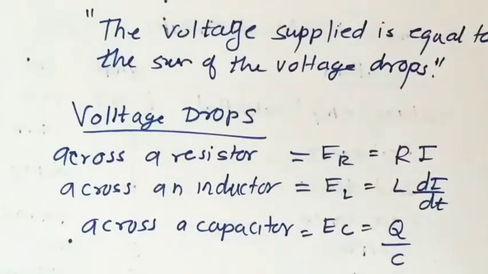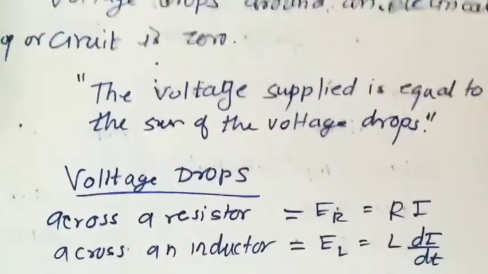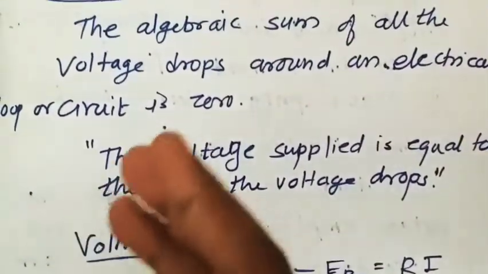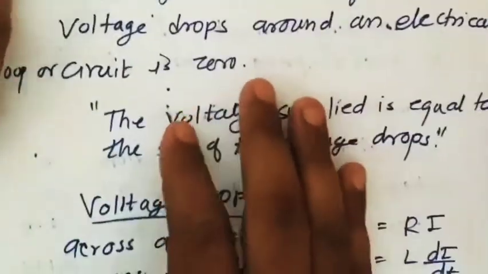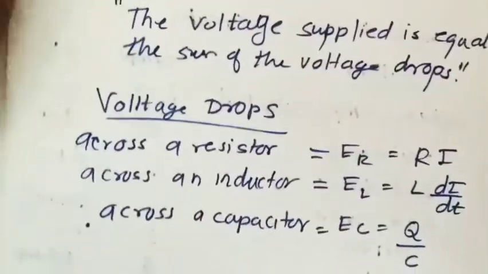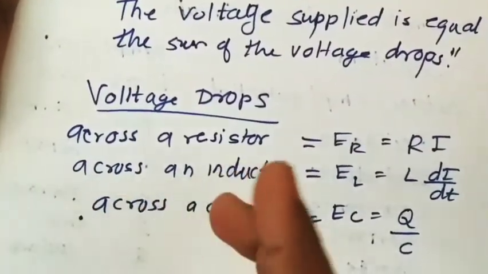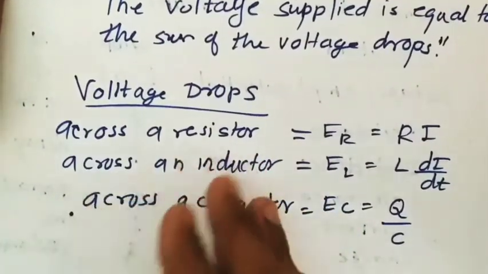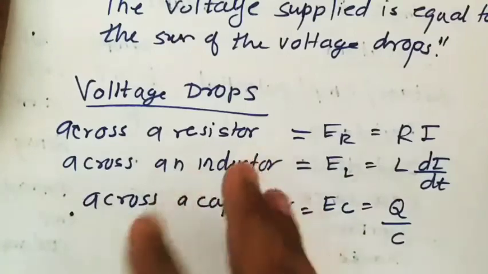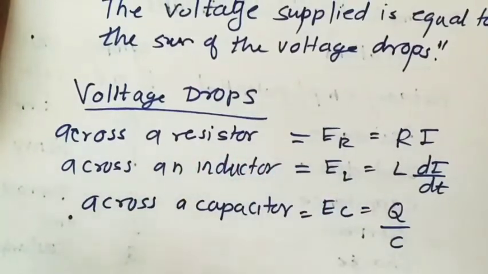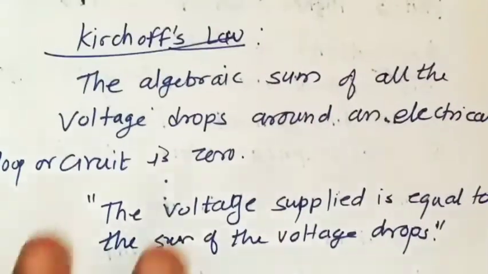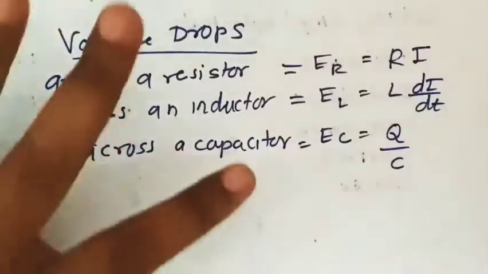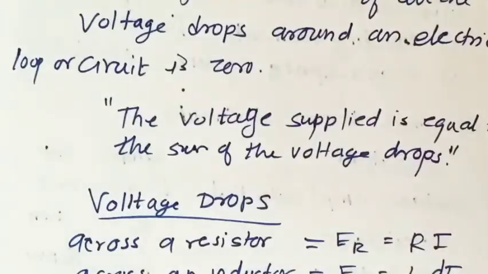Now after this we are going to discuss the mathematical modeling of problems. Whenever we see an application of differential equations, we form the differential equation for the given problem. Whenever the problem is given in the form of words, we need to formulate it in mathematical form, and that gives us the required differential equation to be solved in the example. For modeling the differential equation, we are going to take the help of Kirchhoff's law and these values of voltage drops. In problems, we are going to have circuits of the type LRC circuit.